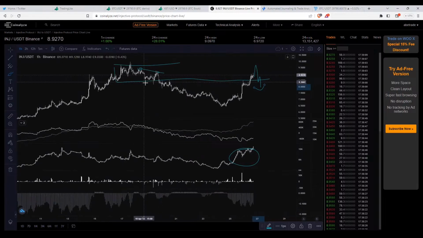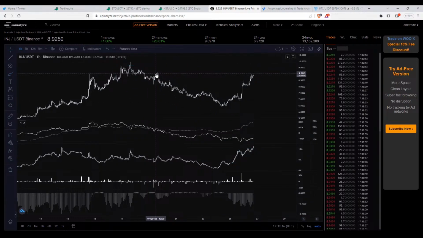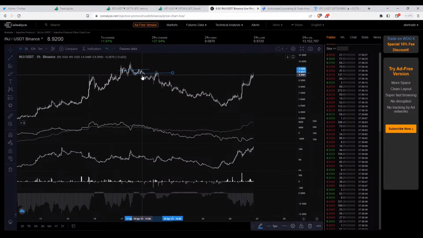You can see when we made this retracement and started to look weak, the funding at the time was like 0.04, which I feel is more acceptable, and it came on after we made the top. If you would be shorting somewhere in here, which was a retest of this level, or if you would be shorting here, after we broke this consolidation, you would be shorting it in basically neutral funding.